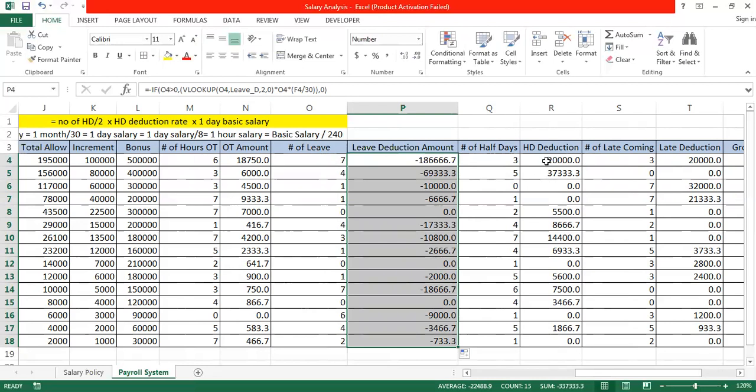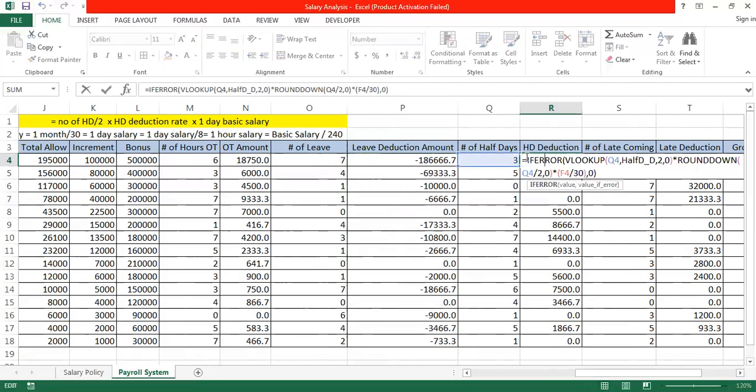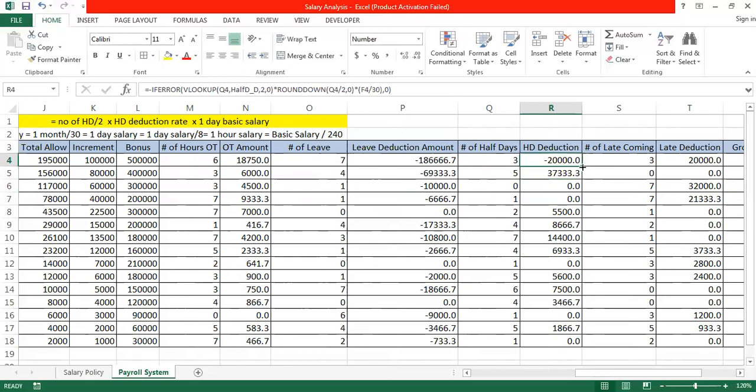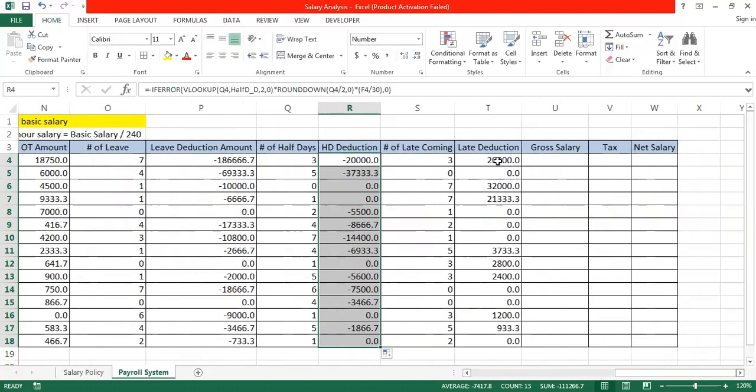So similarly for half the deduction, before the formula of IF, I've applied minus, enter, and then applied this formula for all the remaining cells, Control S. So all these deductions are already in minus. Again, we have late deduction,